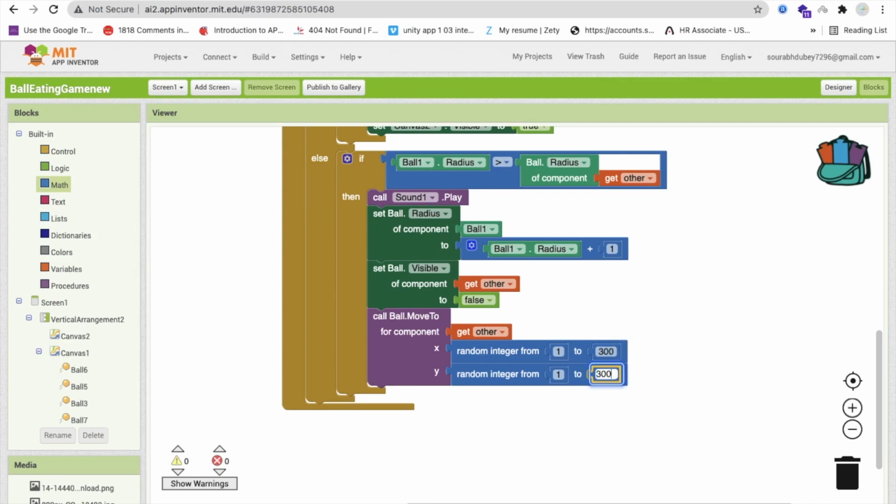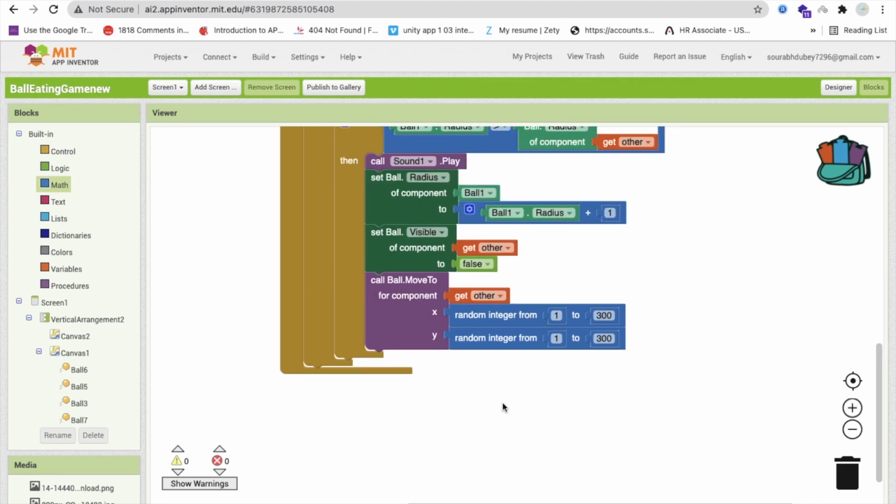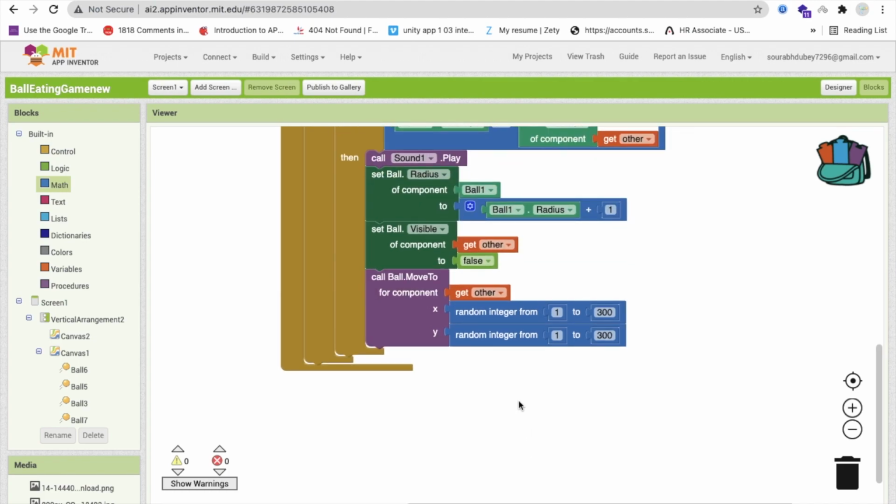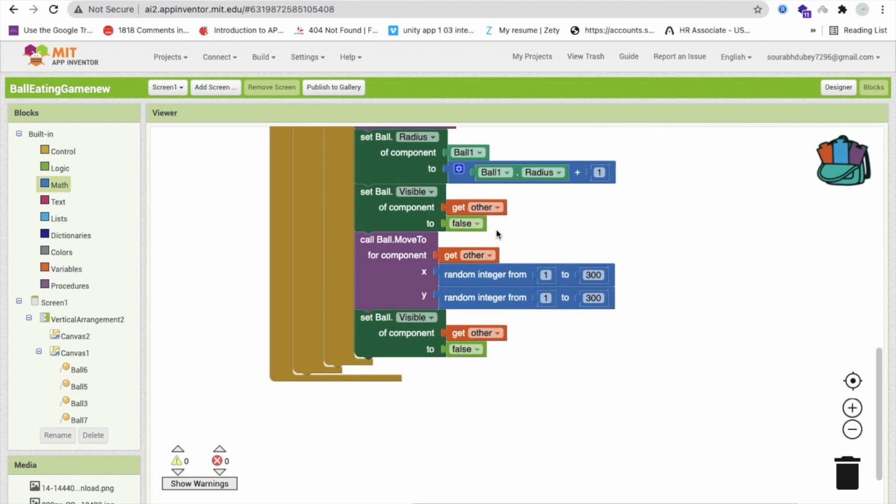Okay, and then we need to do one more thing here: this ball's color should be changed. So how can we do that? We have to set that ball color also. For that we just copy paste this component here. We have hidden that ball. First of all we have to hide this component, false, okay, and then again we have to move this ball like this.